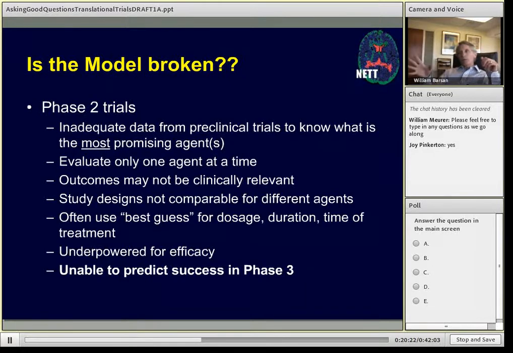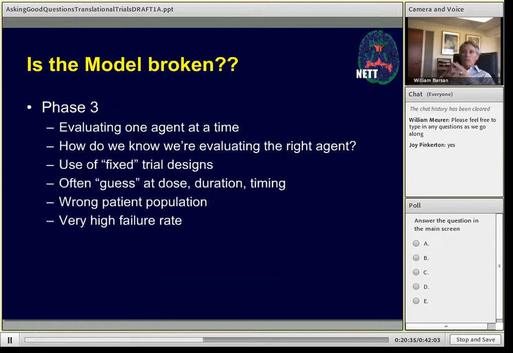Somebody's using drug B and they're using modified Rankin scale as their outcome, and etc. Different outcomes, different inclusions and exclusions. The study designs aren't comparable for different agents, and then we often have a best guess for dosage, duration, time of treatment. These trials, as I mentioned earlier, are underpowered for efficacy, and at the end of a phase 2